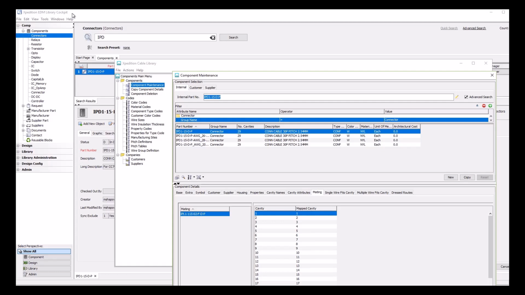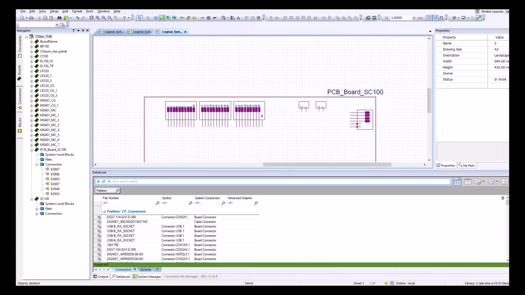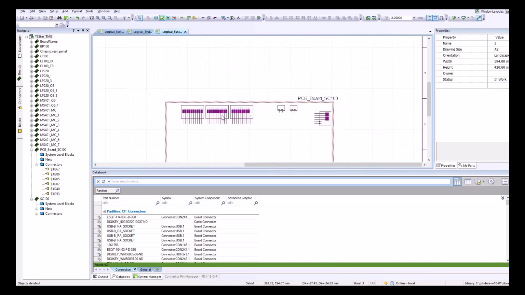So once we have the library data ready, we can proceed with the logical design section of the process. And this work is accomplished in a tool called System Designer, where the board-to-board interconnectivity is managed. The tool is not solely for cable design, but this functionality is an integral part of it. In short, we must place the required cable connectors and specify the pin-to-pin interconnects represented by the wires between these